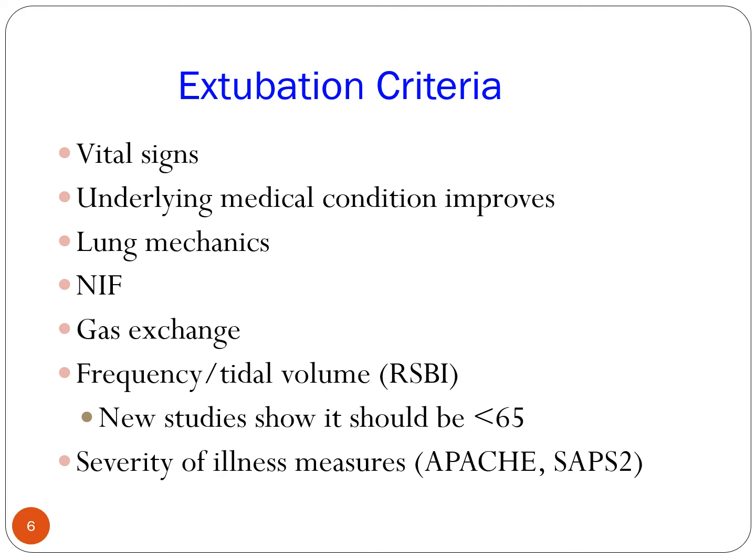Now, if you get another patient who comes in for the same diagnosis, and they're still 55, but they have congestive heart failure, hypertension, and diabetes, their SAPS2 score or their APACHE score will be much higher because they have a lot of comorbidities. Studies have shown that if you know the APACHE or SAPS2 scores upon admission, you can better gauge whether they're a good wean. I'm going to tell you more about that as we go along.